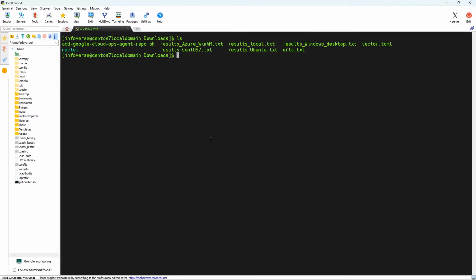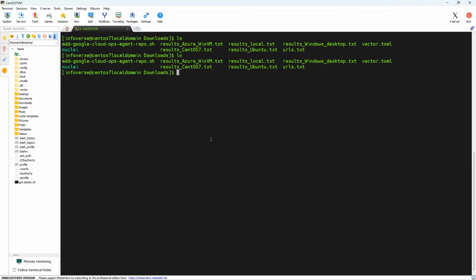Let me give a quick update on that. So I'm running Centos 7 virtual machine and I have Nuclei installed here. Let me do an ls and you can see I have the Nuclei in the downloads folder. I have the Nuclei executable running here. Okay, so let's explore some of the commands, and once I run the -h, which is for help, you will